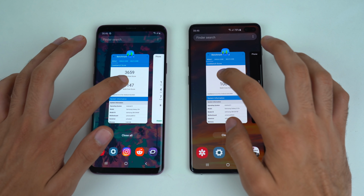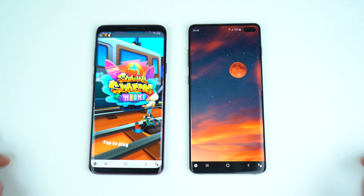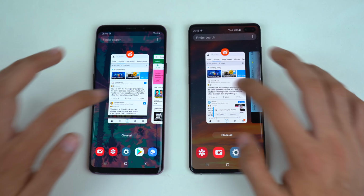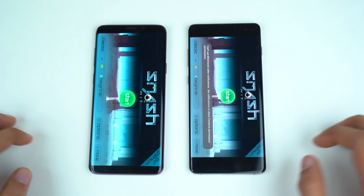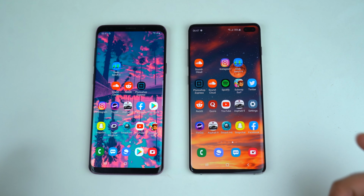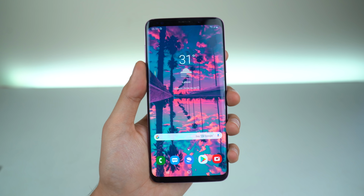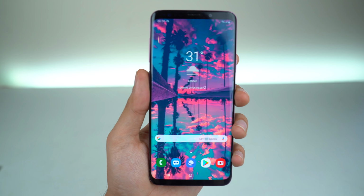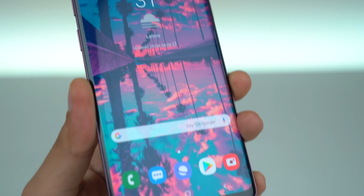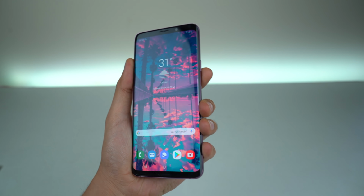Now, time for the RAM measurement, starting with the Geekbench app that is still there on both phones. Phone Dialer, still there. Subway Surfers, still there. Instagram, Snapchat, Pinout, Reddit, Smash Hit, still there. Photoshop Express, and we are back to the browser. So pretty good performance. You can see the Galaxy S9 Plus is still handling the latest One UI update pretty well. Again, considering its $300 to $350 price, depending on what deal you get, the S9 Plus feels like the best Samsung phone